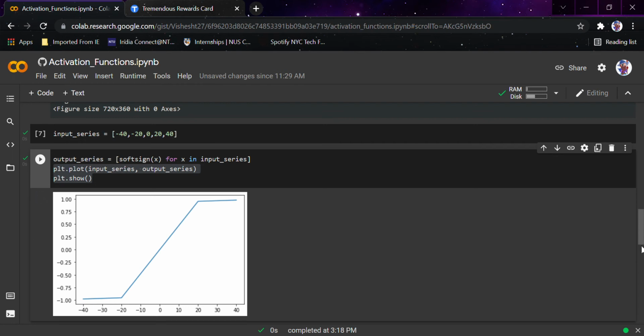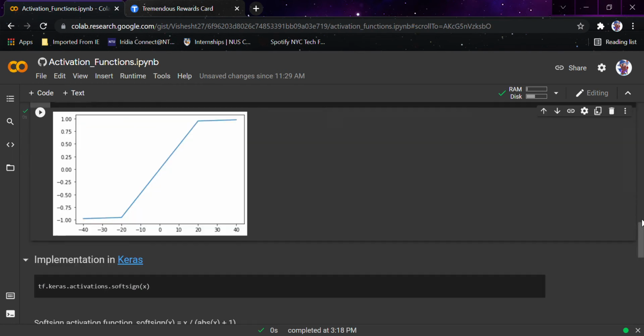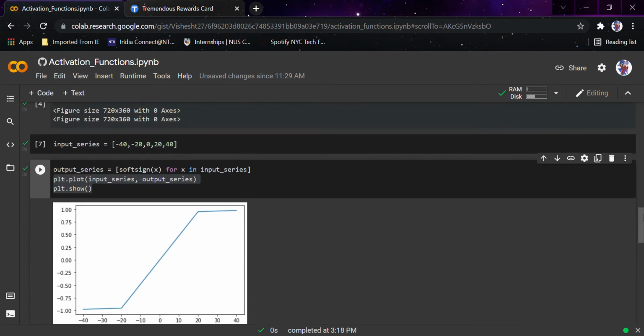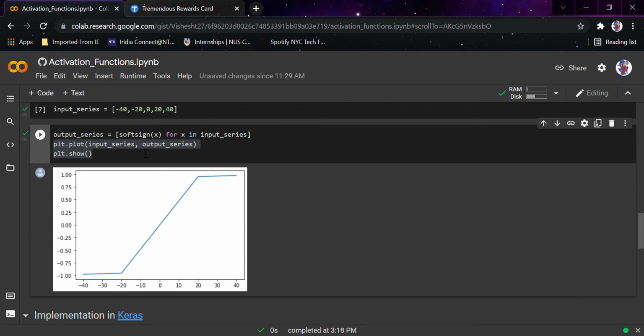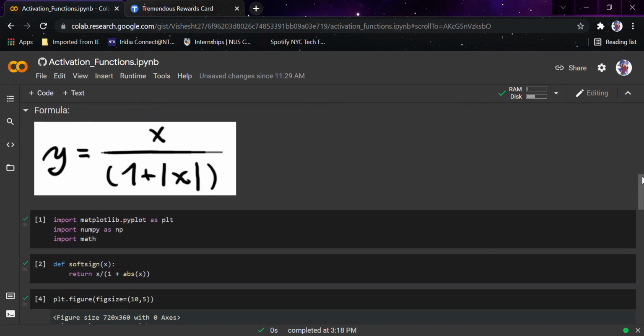So except for the fact that the things are not as curved as it was shown in the graph due to the plotting feature, you can see the values are the same as it is. Hence the function that we defined for soft sign is working perfectly. Now just imagine, what if you find the derivative.